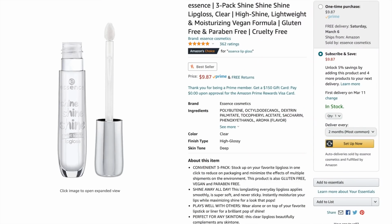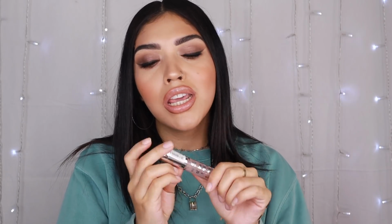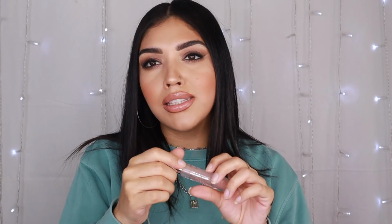And last but not least, the Shine Shine Shine Wet Look Lip Gloss from Essence. This one is the clear one, believe it or not. That's just how much I've used it. This is in the shade Behind the Scenes. Oh my god. My niece was actually the one that put me onto this one. Honestly, Alondra, she knows what she's doing. So take a look at my lips right now. Cute, I know, but